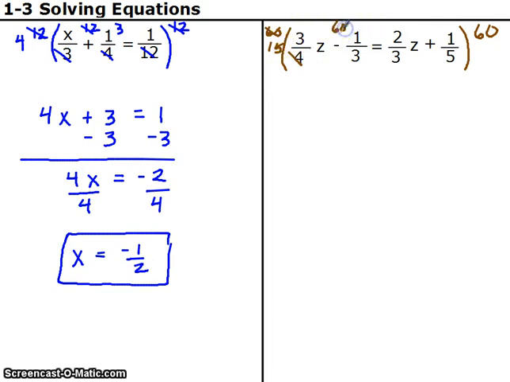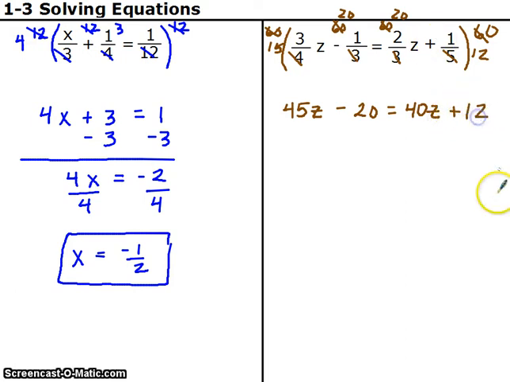This is multiplied by 60. 3 goes into 60 20 times, so that's going to leave me with a 20. Same thing's going to happen here. The 3 goes in there 20 times, so I'm left with a 20. And 5 goes into 60 12 times, so 12. So we've got 15 times 3z, that's 45z, minus 20, 20 times 1, equals 20 times 2z, so that's 40z,